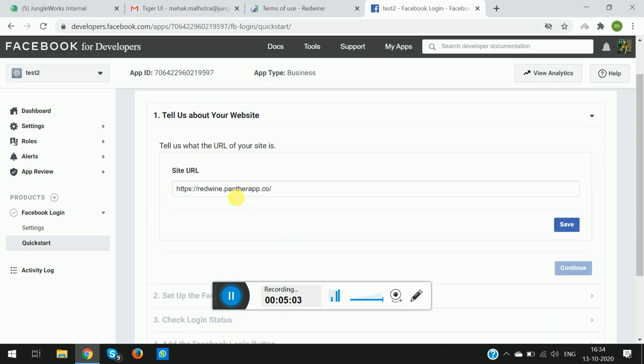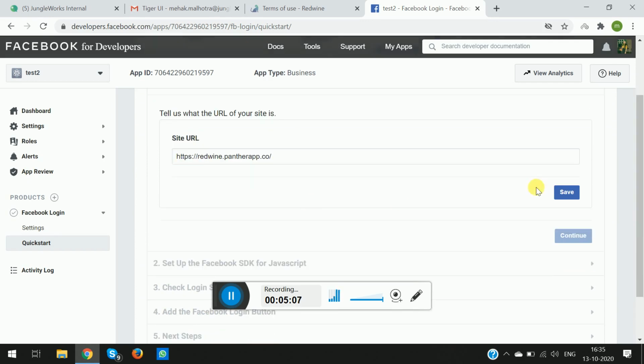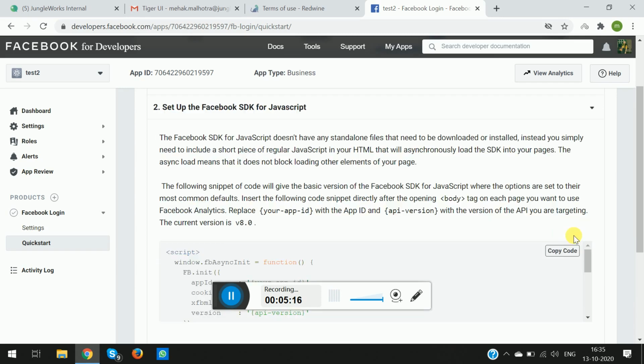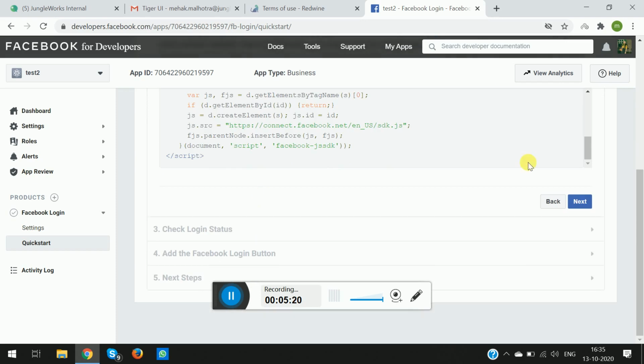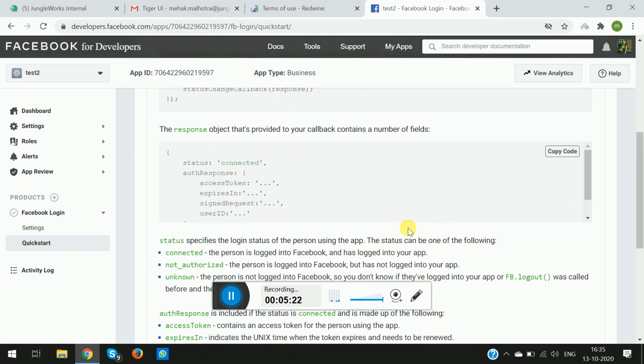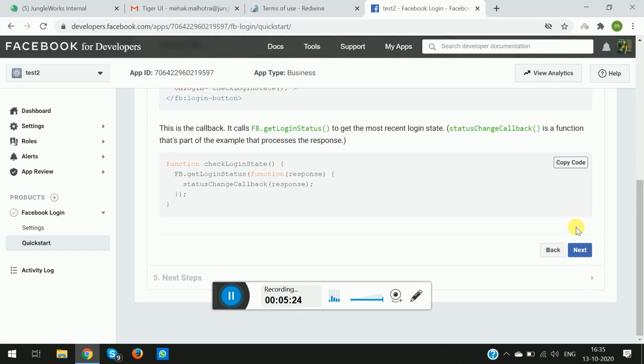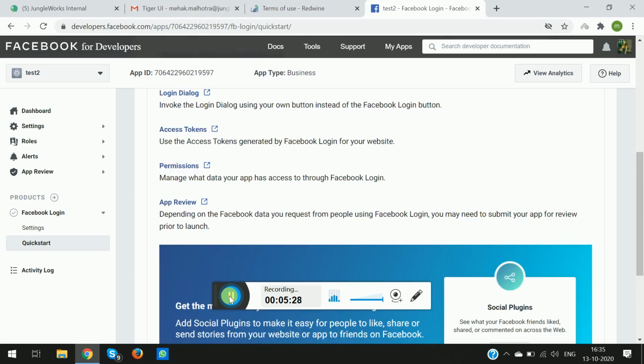Just verify that the URL you have entered is correct, and once confirmed, just save it. Now you can see there are various options here. You can simply click on next and we are good to go.